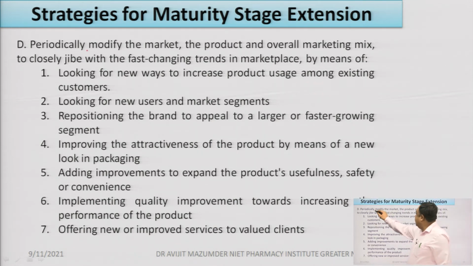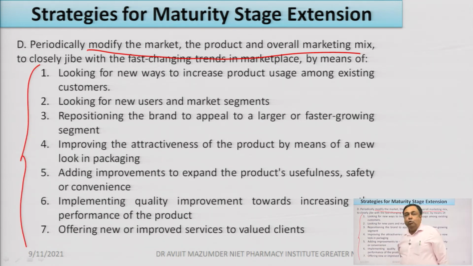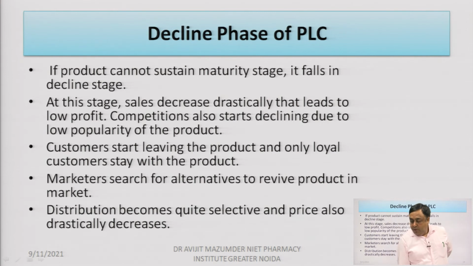Periodically modify your market, the product and the overall marketing mix, so that you are in a position to achieve your goals: looking for new ways to increase your product usage, looking for new users, repositioning your brand, improving the attractiveness of your product by introduction of new packages, addition and improvement to expand the product usefulness, implementing product improvement, and adding to the value added line. If the product cannot sustain the maturity stage, it will be pushed on to the decline stage,